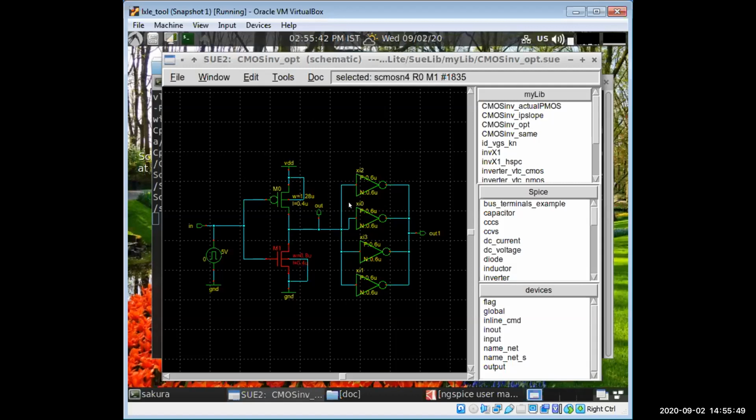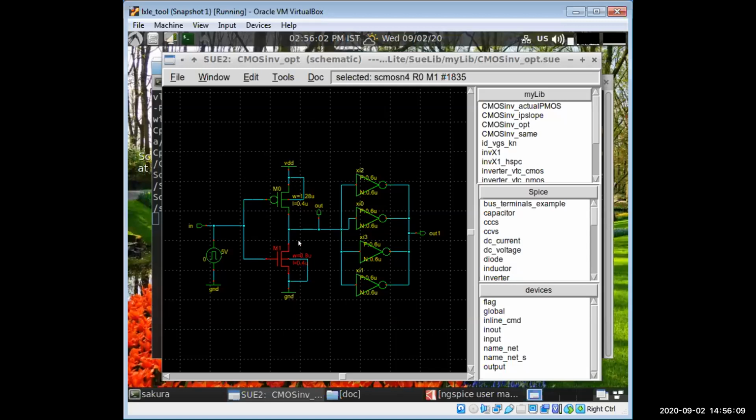So here we can see these are the fan outs. We have connected those inverters. These input capacitances, wire capacitances, and the output capacitances of these PMOS and NMOS are going to affect the performance. So our main aim is to improve the performance level of this inverter with those fan outs.